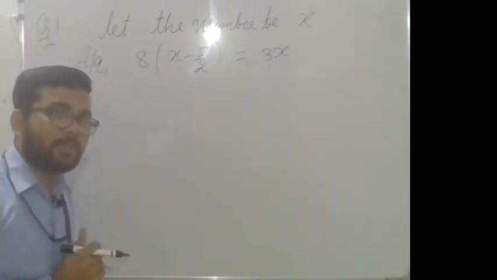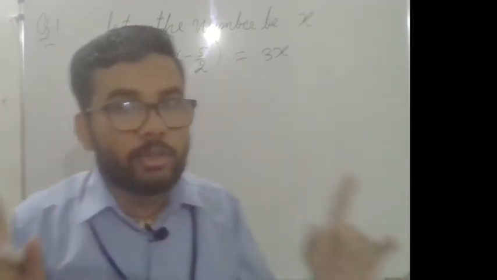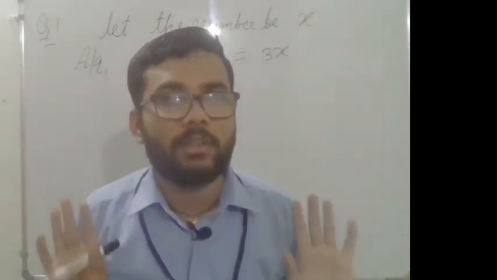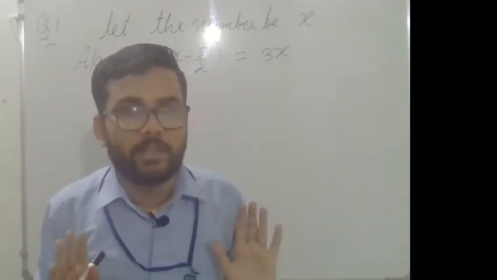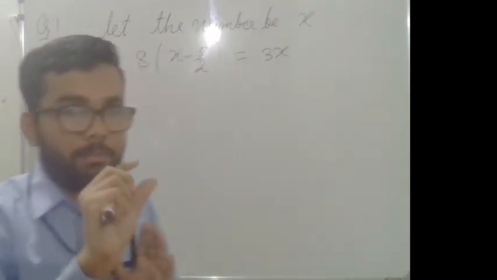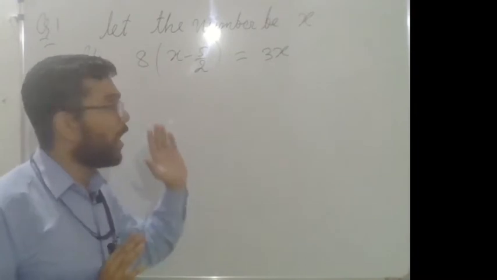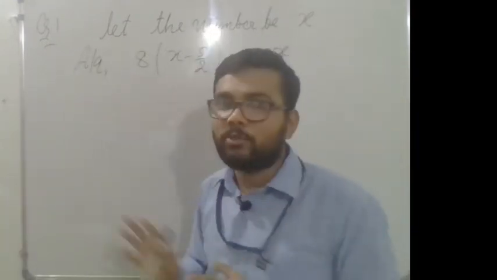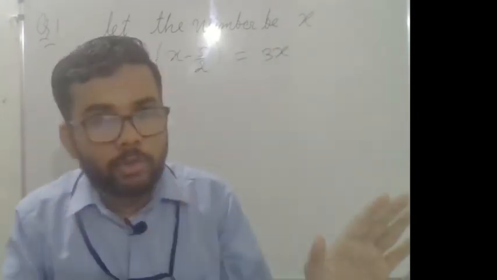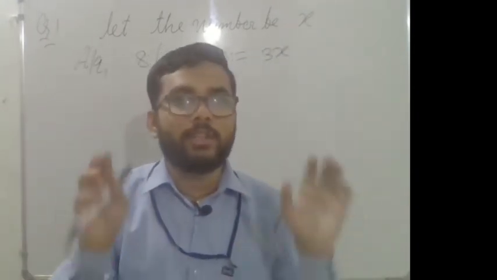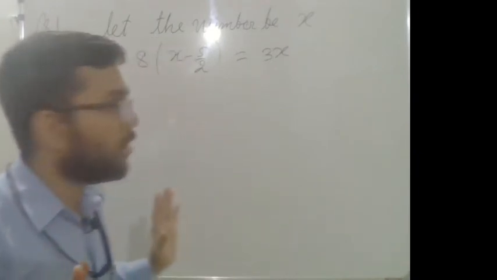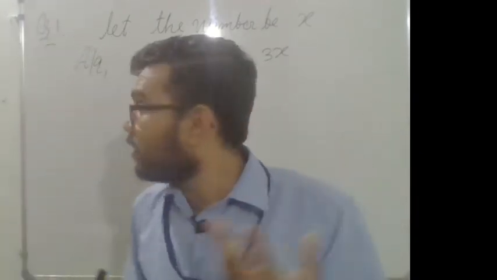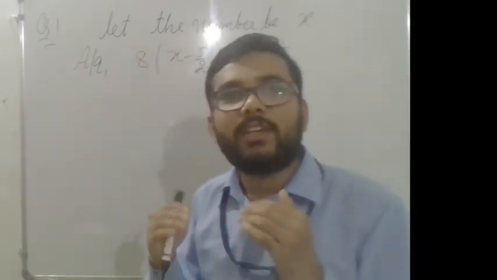Now you can solve. First try to read the question and accordingly, step by step, follow the steps of the question. The first line of the question says that Amina thinks a number and subtracts 5 by 2 from it. You don't know, I also don't know, about the number she thinks. So we will let the number be x.